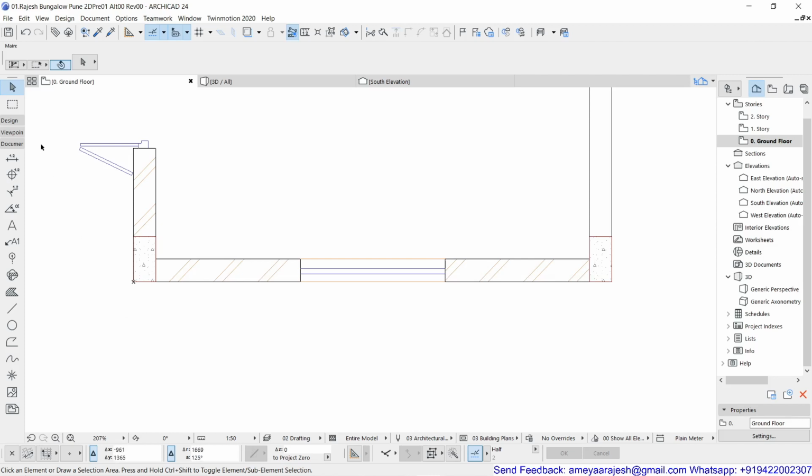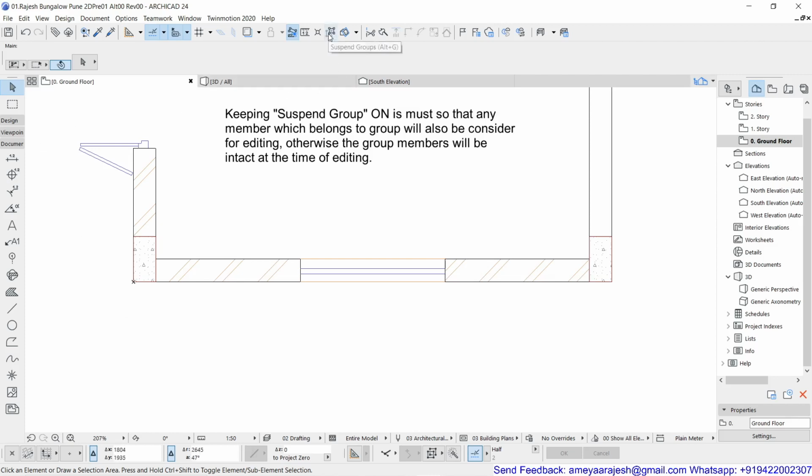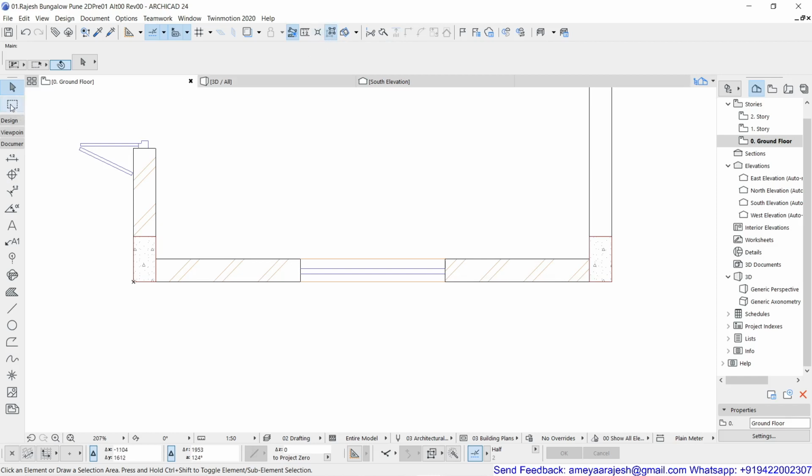So what you have to do, make sure first of all that suspend group is on. Okay, so once suspend group is now on, you have to go and use the marquee tool. This is the first time I am taking the marquee tool.